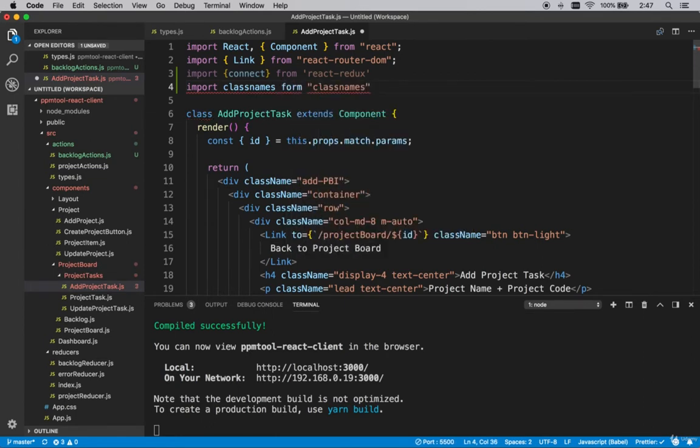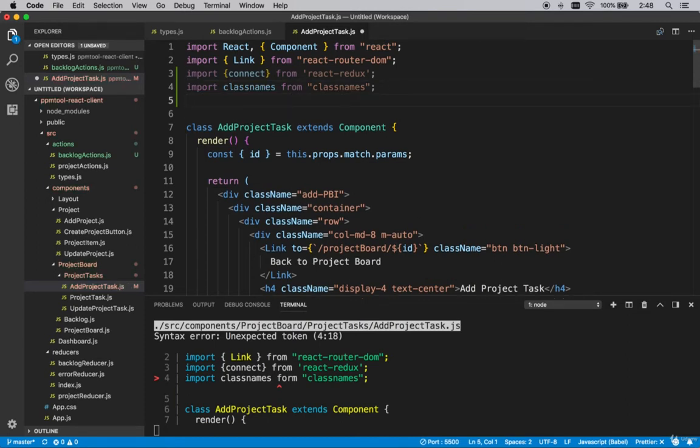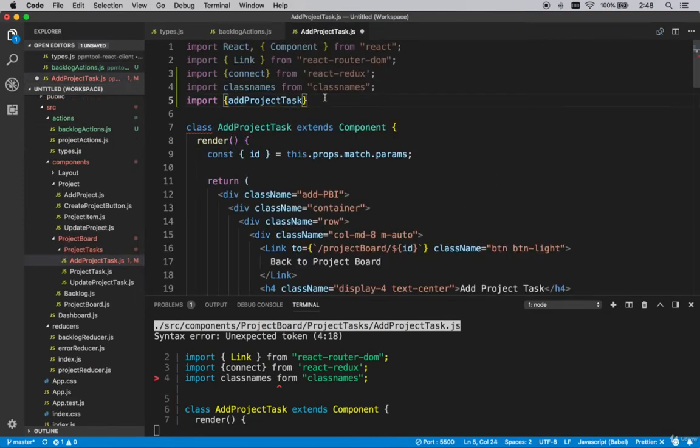And I'm pretty sure that we're at a point where you guys can actually go do this on your own. Like, I'm pretty sure we're there right now. Import classnames from classnames. Good. Okay. Then obviously we need to import our action. Import AddProjectTask. I think that's what we named it. Yes, AddProjectTask, from